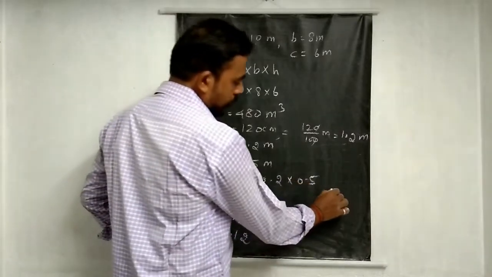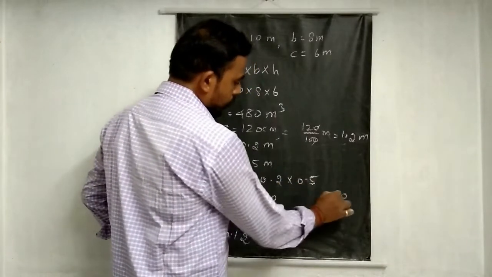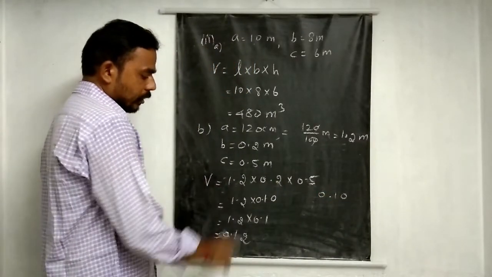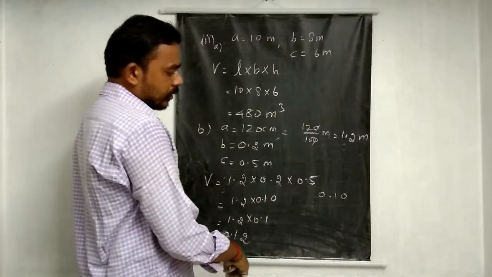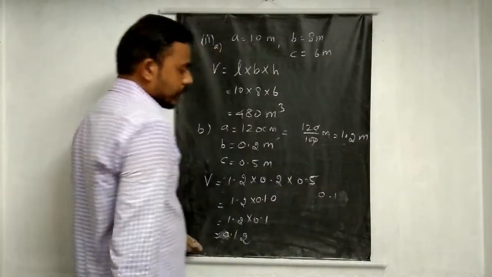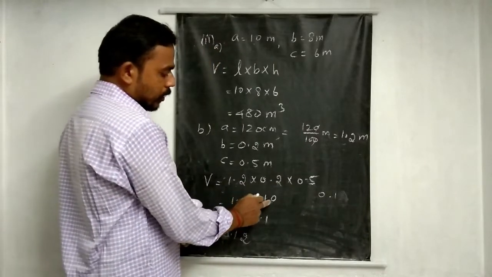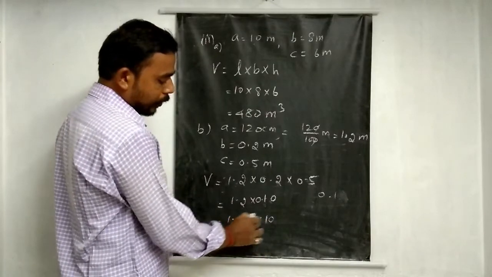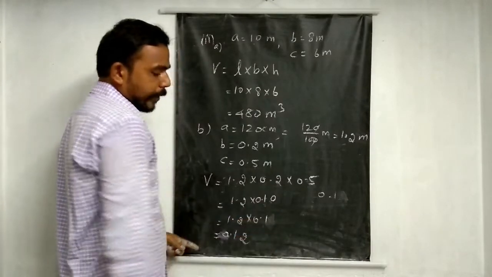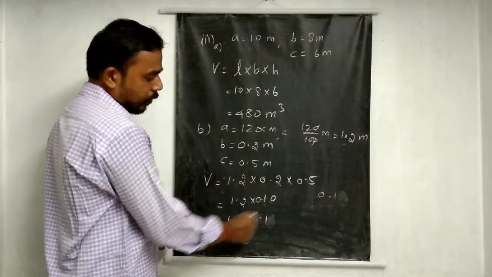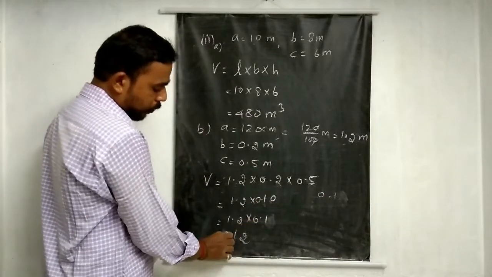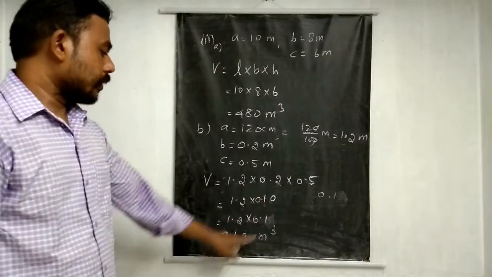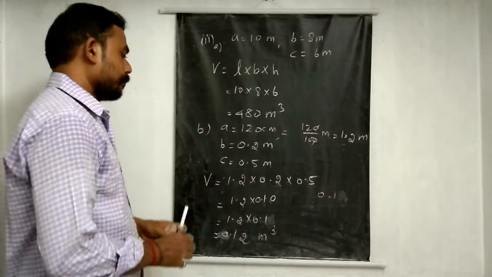If you don't get confused here: 2 5s are 10, with 2 decimal places 0.1. So 0.1 into 1.2, that is 12. After that, consider this as 0.1. Don't consider 1.2 into 10, just use 1.2 into 1. So 0.2 into 1, 12, 2 decimal places, so 0.1. That is meter cube. Don't get confused with this. After that, I have written 0.1 now. So be careful.